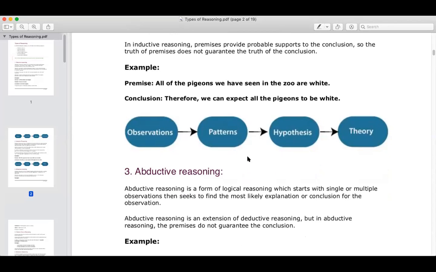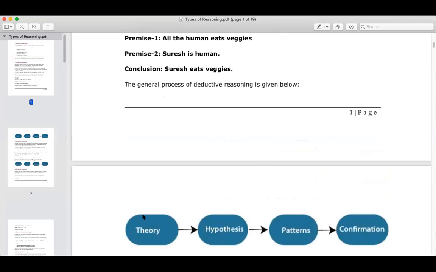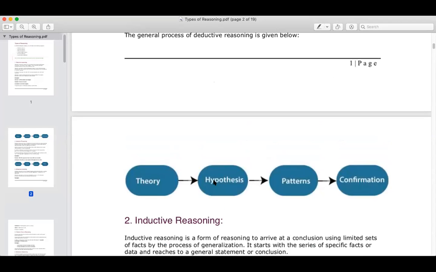सो वी हैड सीन द टू टाइप्स ऑफ रीजनिंग. फर्स्ट वन वाज डिडक्टिव. डिडक्टिव में क्या होता है, थ्योरी पहले आता है, हाइपोथेसिस, फिर पैटर्न्स एंड देन कंफर्मेशन. ओके, तो थ्योरी जैसे भाई ऑल ह्यूमन बीइंग्स ईट वेजेस, ये थ्योरी है. ओके, and then later comes hypothesis. Okay, then comes patterns. हाइपोथेसिस बनाया, फिर हमने उसके ऑब्जर्वेशन देखे, सब ह्यूमन बीइंग, ये भी ह्यूमन बीइंग है, वो भी ह्यूमन बीइंग है, ये सब लोग वेजेस खाते हैं, और फिर कंफर्म हो गया दैट ऑल ह्यूमन बीइंग्स ईट वेजेस. ओके,